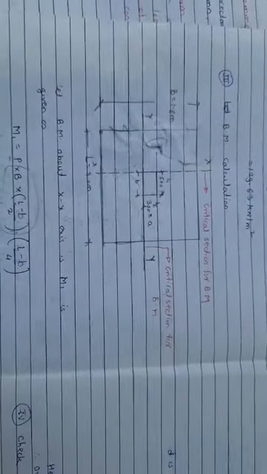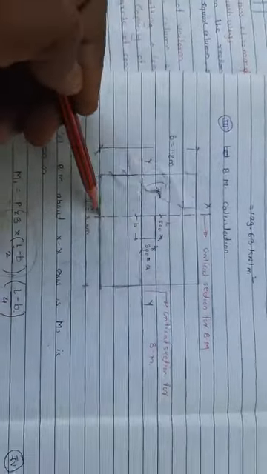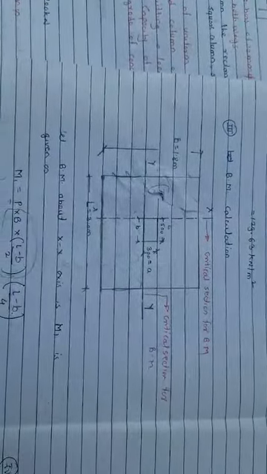The next one, we have to go for the calculation of the bending moment. The critical section for the bending moment will be located exactly on the face of the column. So this is the critical section for the bending moment, which is parallel to the width of the footing, and this is the critical section for the bending moment which is parallel to the length of the footing. Now we have to consider the bending moment developed along both axes, x-axis and y-axis.